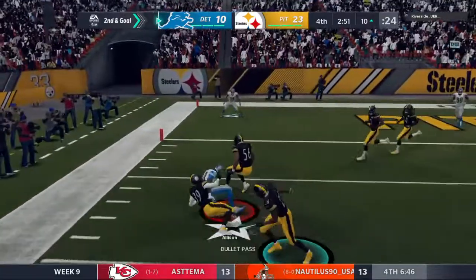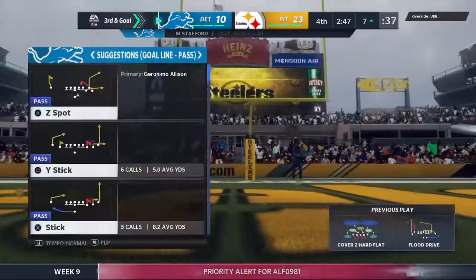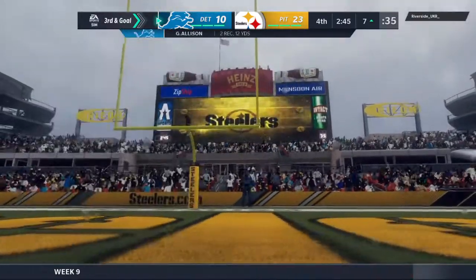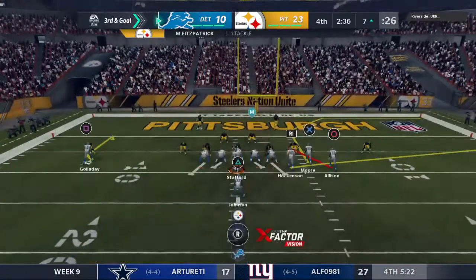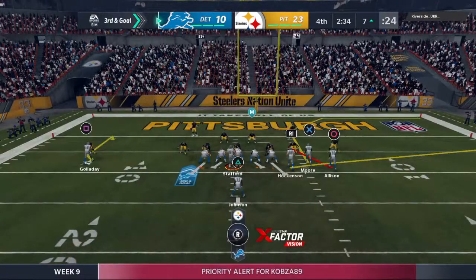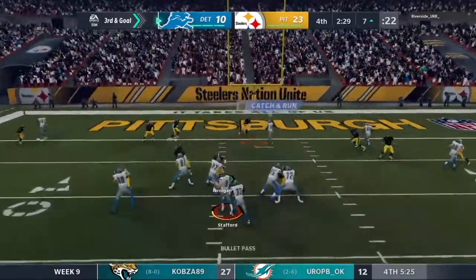Got a man. That's Allison. And here he'll get it down to the 7. Only 3 yards there on the completion. That'll lead to a 3rd and goal. One thing you're hoping for when you run drag routes, you're able to hit a receiver in stride, and he can pick up a lot of yardage after the catch. But in this situation, the defense was...